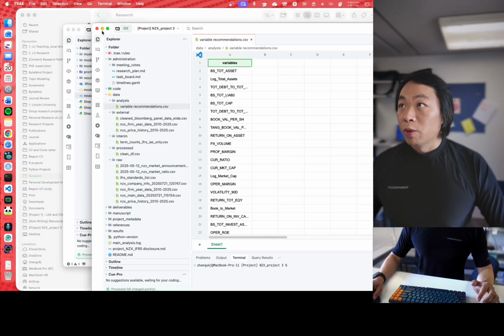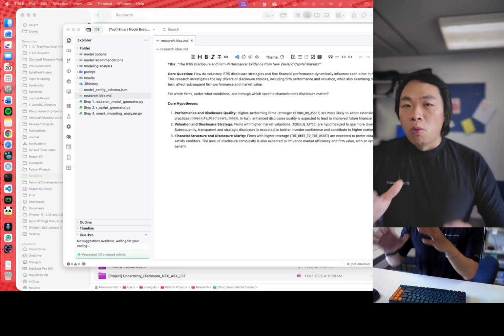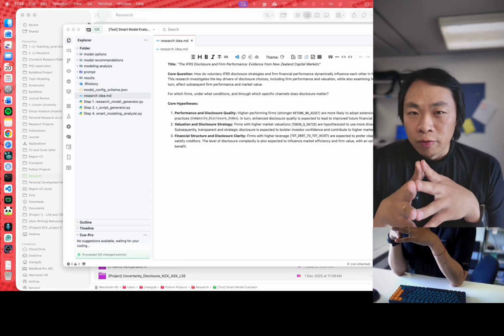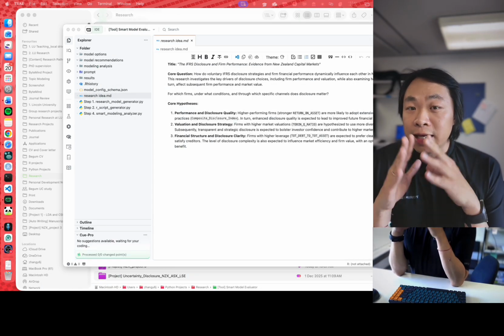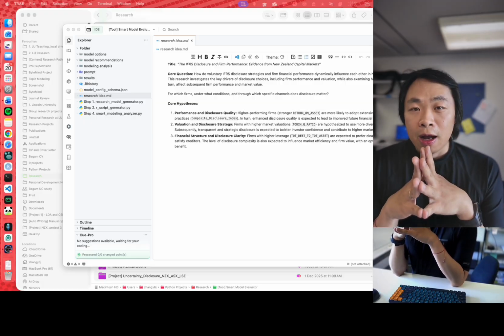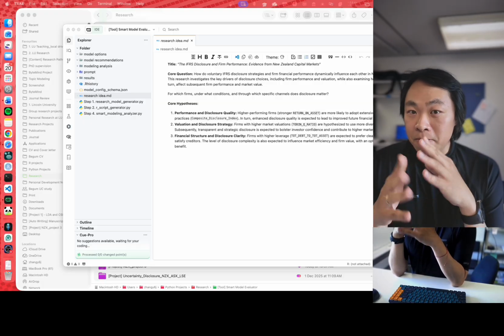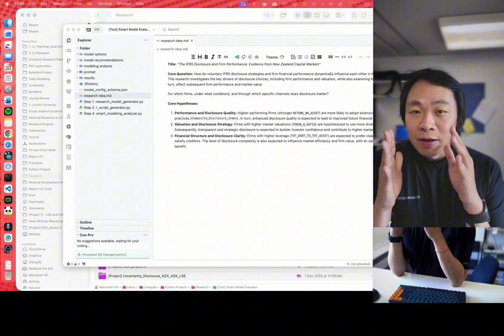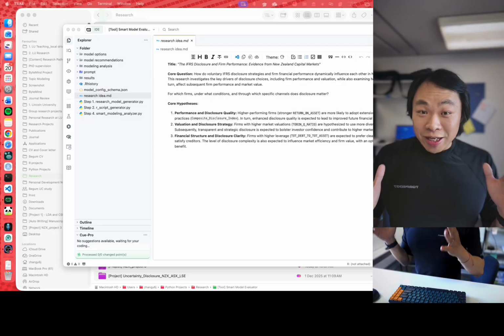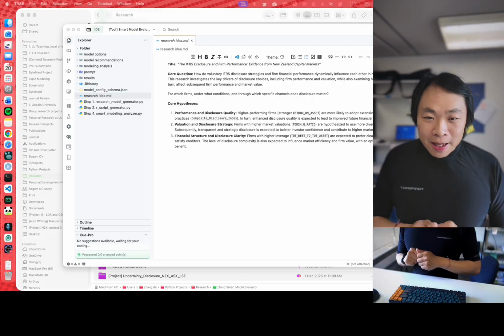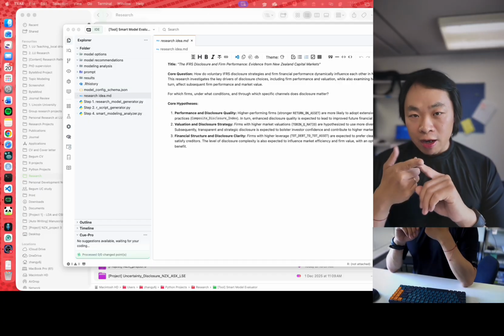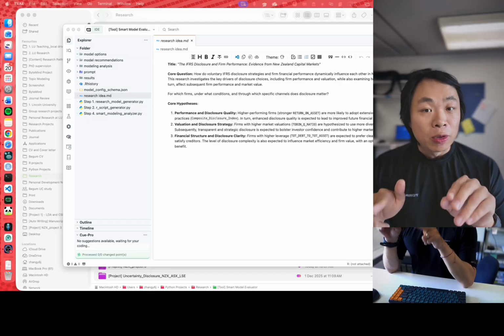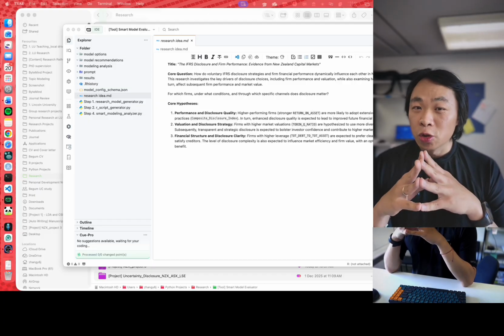Now let me explain this way. What AI or automation can do for us is simulate, or multitask the same thing multiple times simultaneously. Okay, let me put it this way. We can do trial and error one by one, manually. And I believe this is the traditional way of